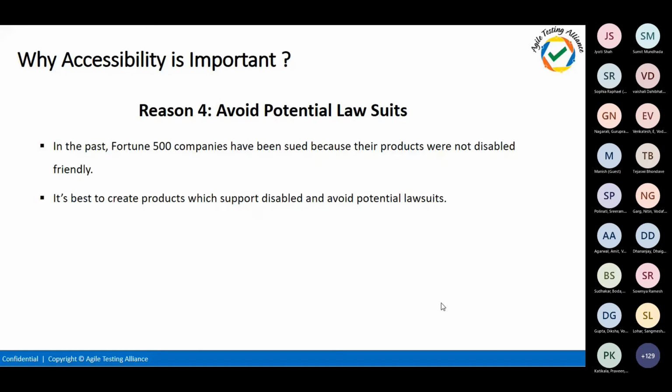The other one is potential lawsuits. Almost all websites, even those of Fortune 500 companies, have not been user friendly and accessibility friendly. So any specially abled person can file a claim against that website, and that might be a huge loss for the company. Lots of companies have lost money, and lots of people are getting fired, again and again, because of claims by specially abled people. I'll be talking about those fun use cases in the upcoming slides.